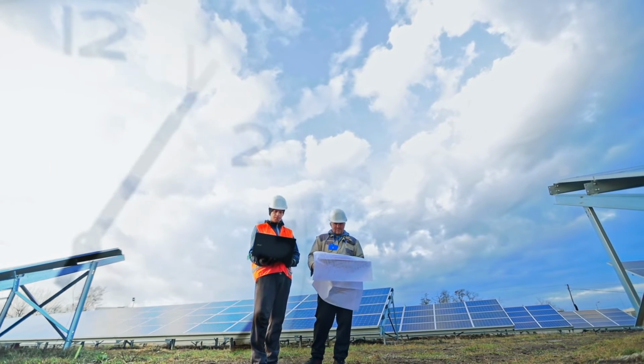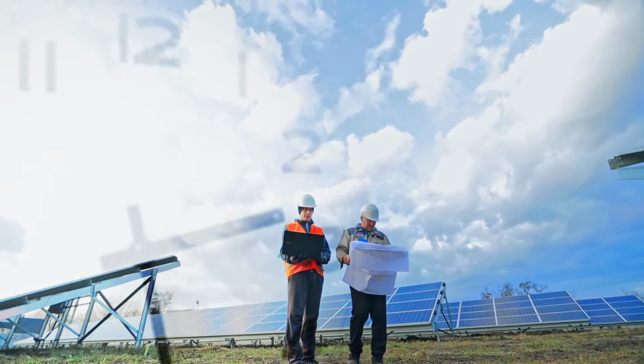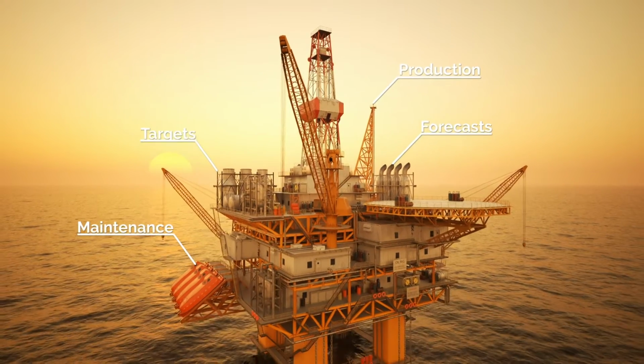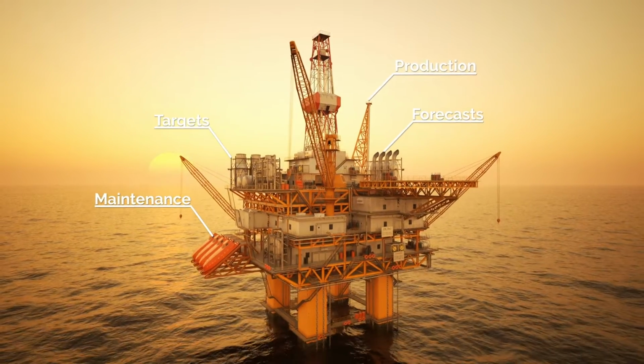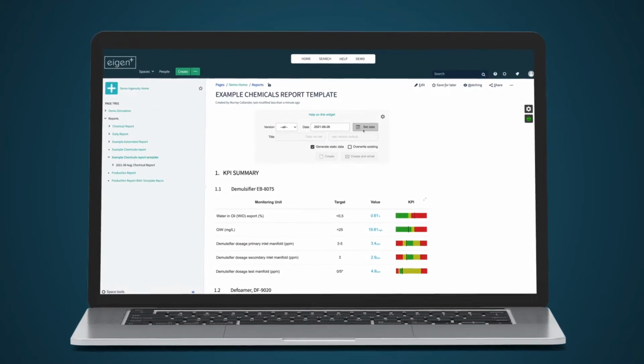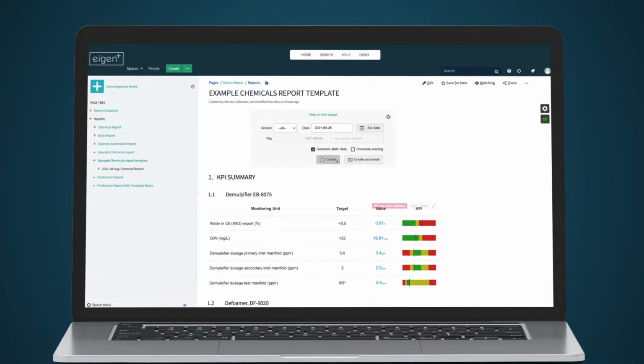Preparing, generating, and distributing reports is a time-consuming process. Locating information from external sources, extracting and manipulating data that you need all takes time. Digital reporting from Eigen is for managers and engineers that would like to automate the information capture and distribution for